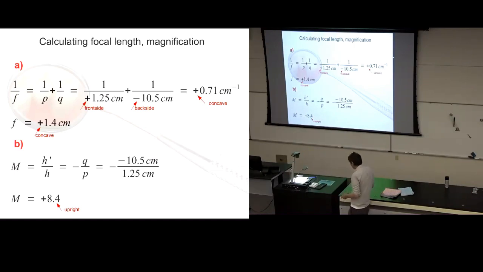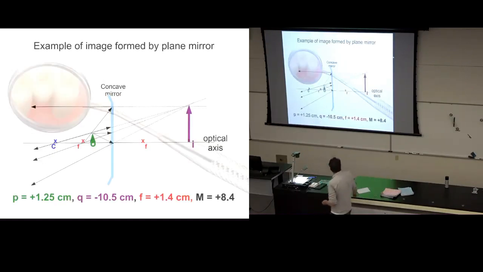I also got in here a ray tracing of that. Here is the concave mirror. Here's the tooth, the object in front of it. I drew those rays that we talked about, the simplest physics ray, the simplest geometrical ray, and the cousins. I drew all those rays. I didn't color them, though. I reconstructed where they appeared to come from, and they appeared to come from behind the mirror and this enlarged image. And so this is a picture of the formation of the image, just like the calculation was a calculation of the image. It's often handy to